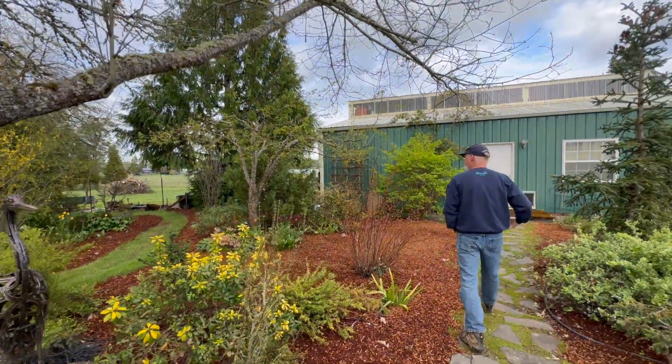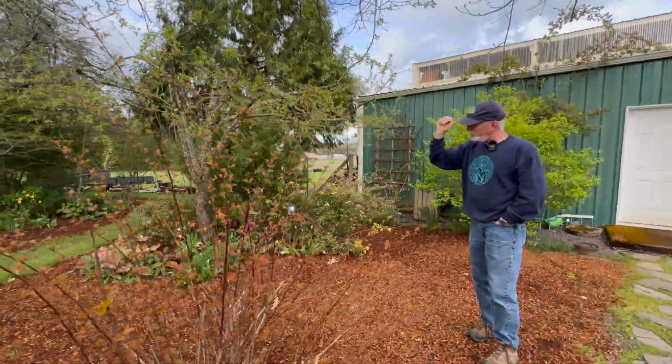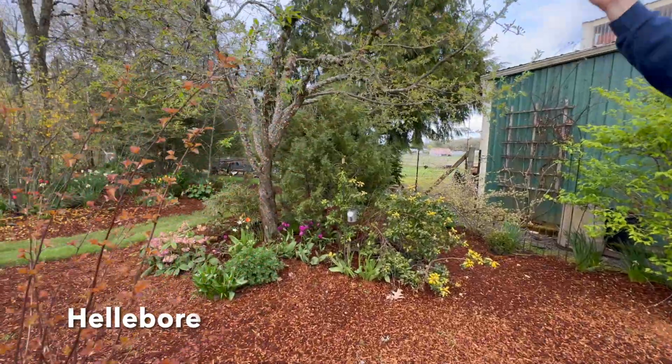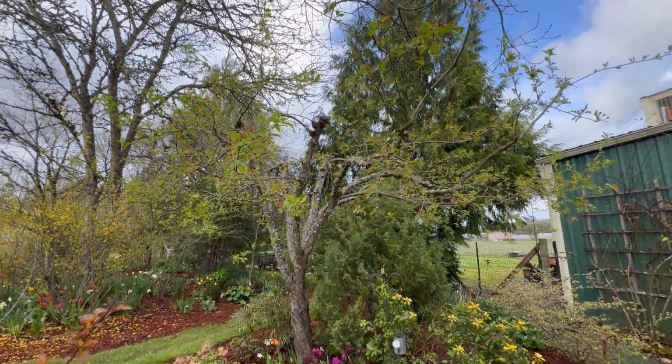And of course, as we work back into here, we have still more perennials. This beautiful, very double hellebore back in here. And underneath the shade of this, yet another flowering crabapple,